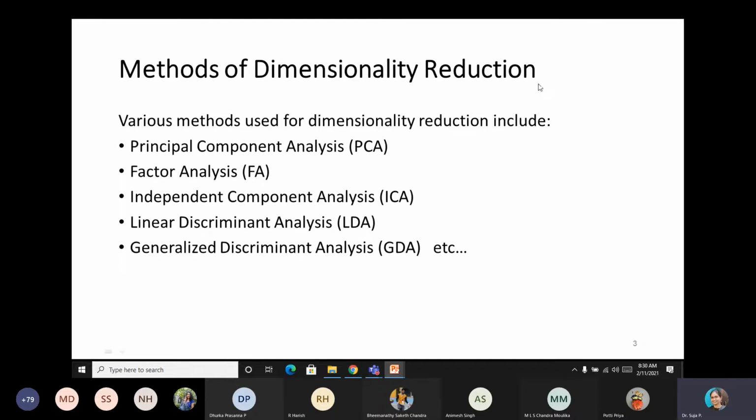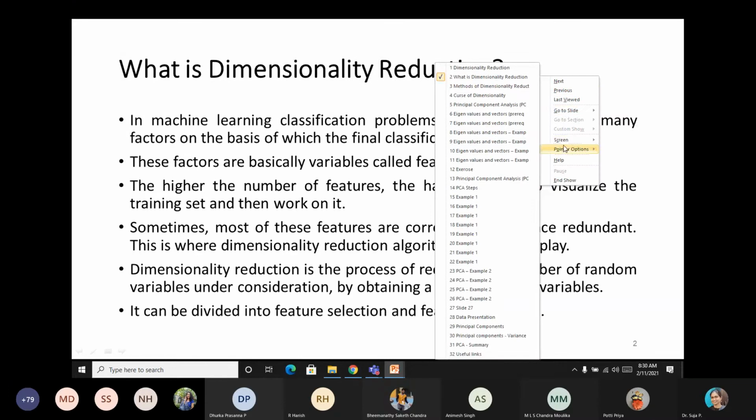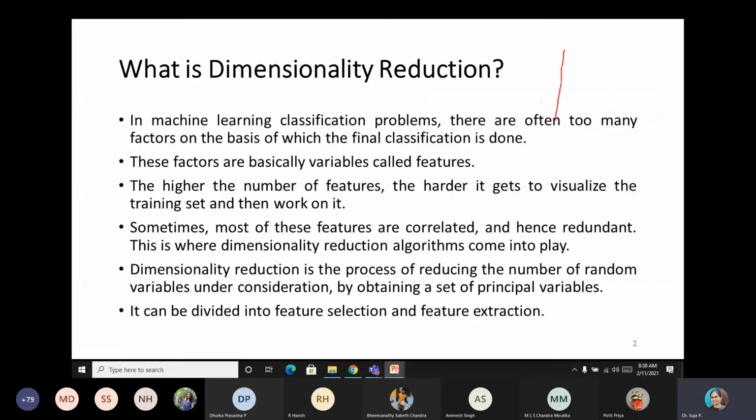For example, if you have a length and width for performing classification, then you will use length on one axis and width on another axis for performing classification. Suppose if you have more number of features, then the dimensions increase. So by dimension, it means the representation of the data in the Cartesian coordinate system.